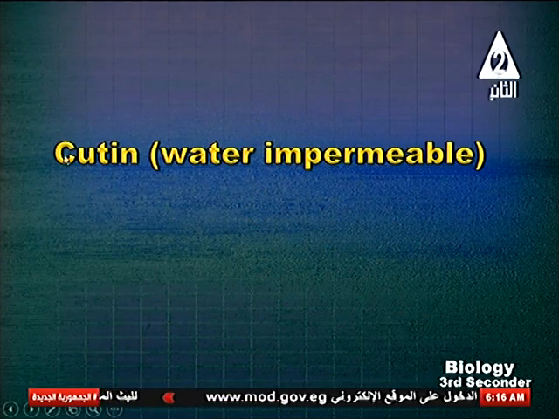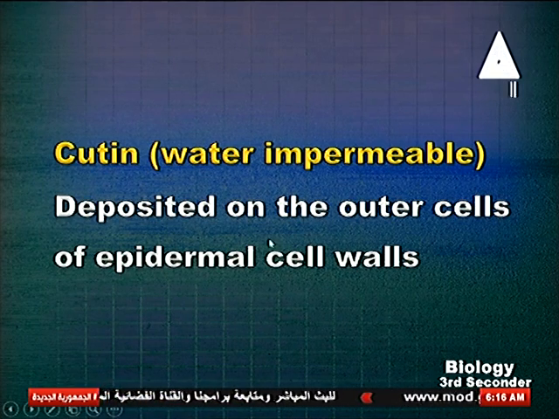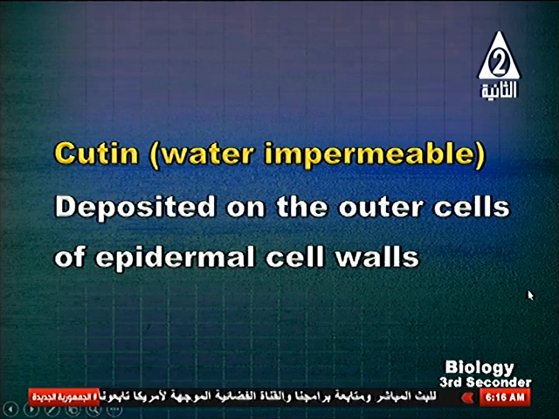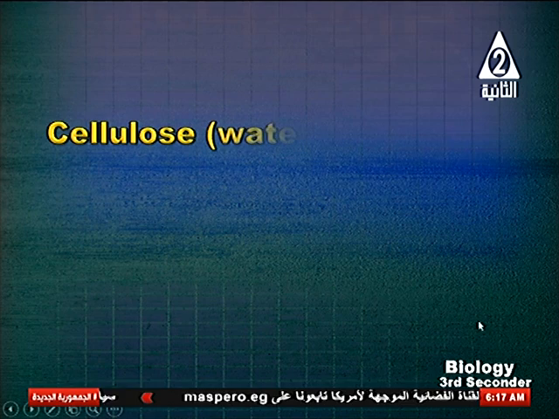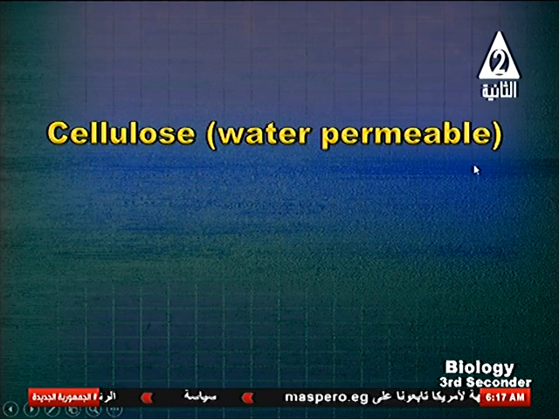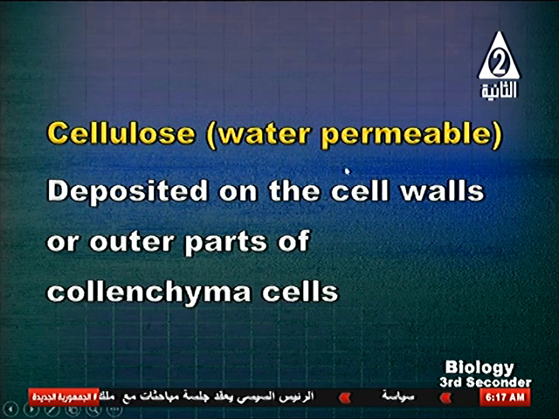Okay, cutin is water impermeable, deposited on the outer cell wall of the epidermal cells. Write that cutin is present only on one side, okay? And this is cellulose, water permeable, allowing the passage of water and dissolved substances. Cellulose is deposited on